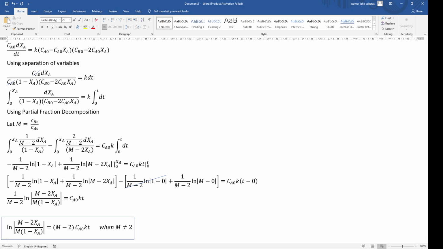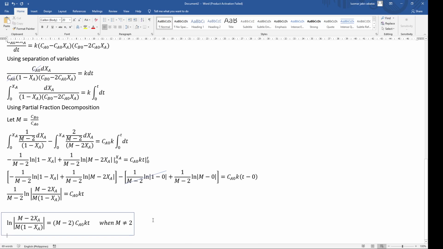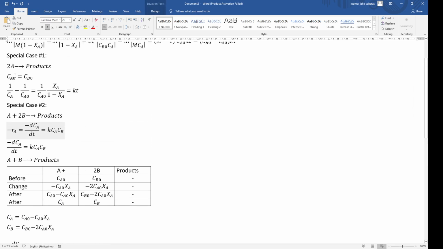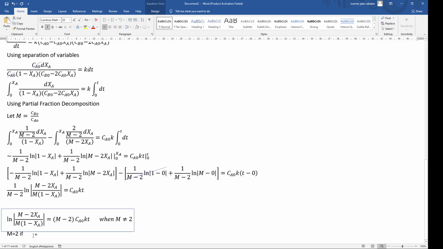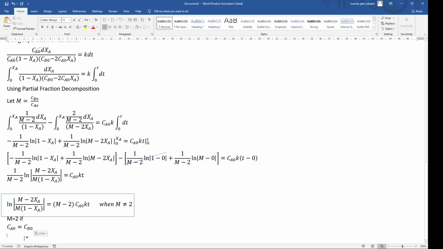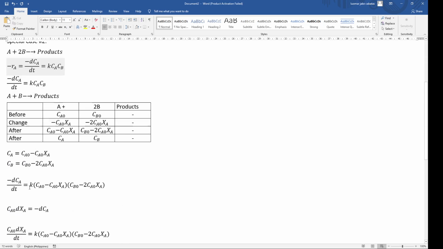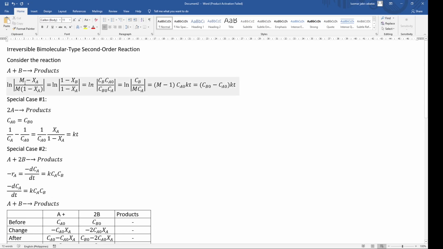So, sir, what if m is equal to 2? Kanus aman m is equal to 2? M is equal to 2 if CAO and CBO is equal. So therefore, if equal gani, ang atong gamiton again is this